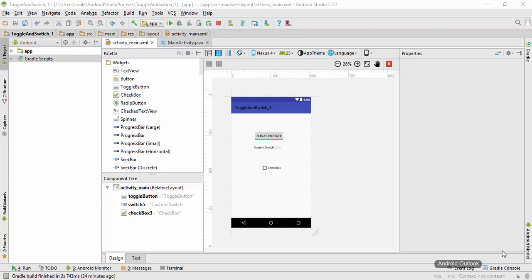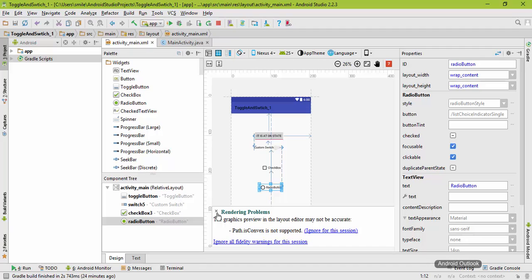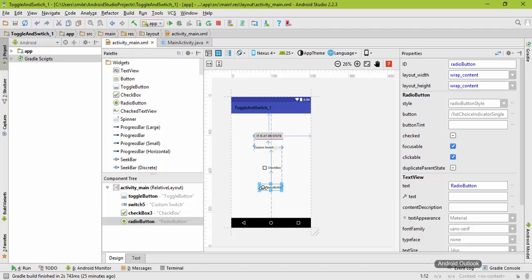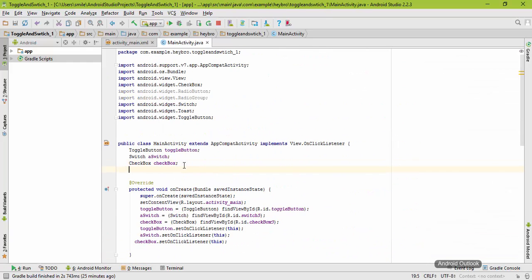Welcome back once again. So in this part we are going to see how we can use the radio button and radio button groups in our Android application. So let me drag this radio button here, and whenever the radio button is clicked we want to show some toast here. Alright, so let me go to the MainActivity.java file, and I need to create the object of